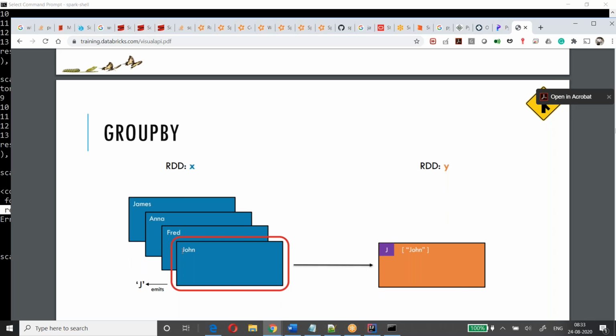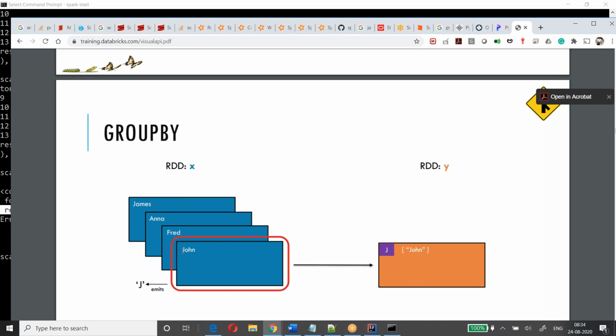Can anyone tell me how we can extract the first character of a string? Yes, we have to use the charAt function. charAt of 0 will return you